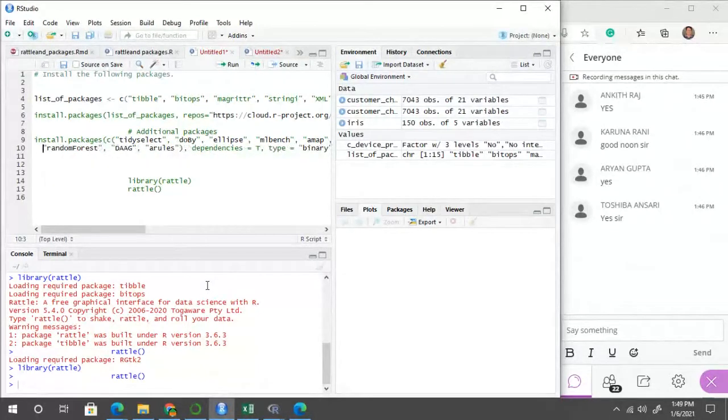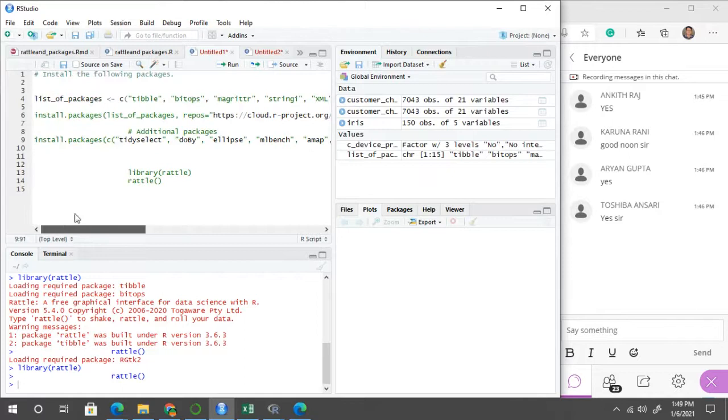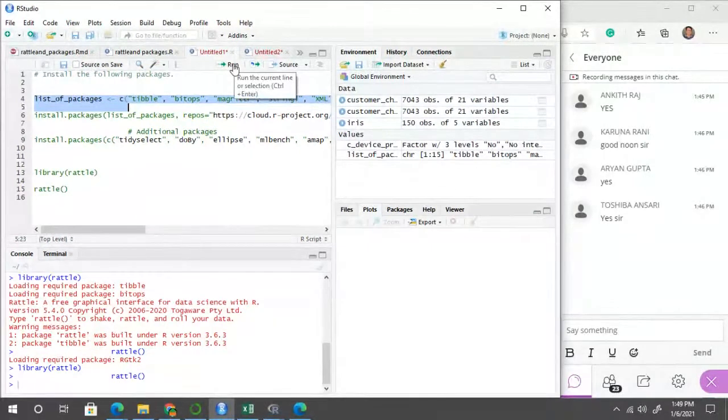There is some error that this particular spacing is not proper. That's why some students are getting errors. So Pankaj is getting an error because this particular line of code is not properly written. So you have to use the line of code in the proper format so that you will not get any error. The first step is to select this particular line, and you have to run it from the run option. Then you have to select the second line.